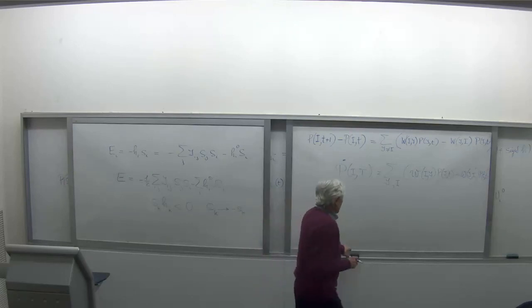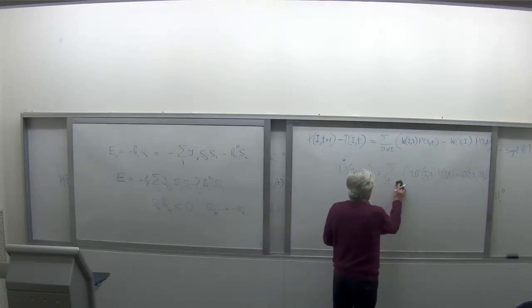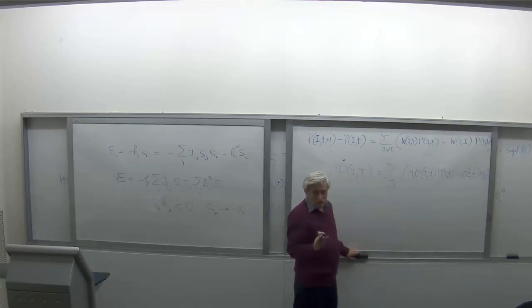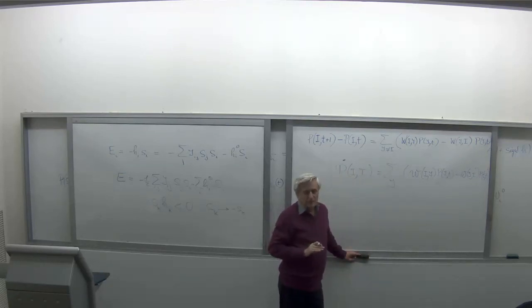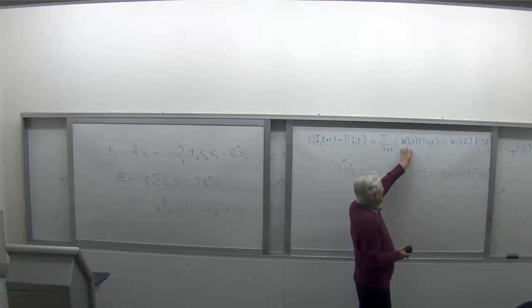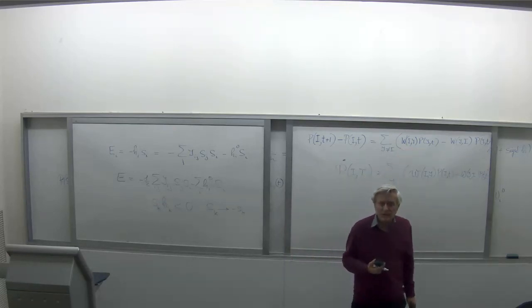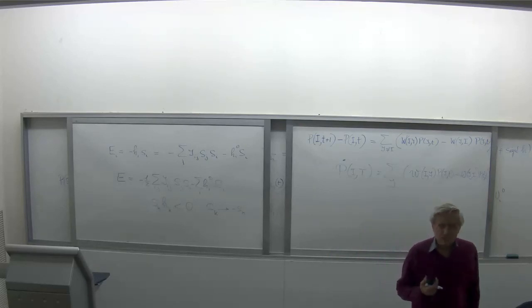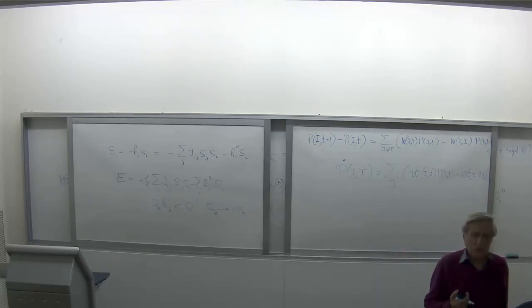Oh, sorry, I sum over j, but there is no condition different from i, over all j. The other thing which I can tell you, in a nutshell, is that the W's were probabilities, and therefore the sum over all w's